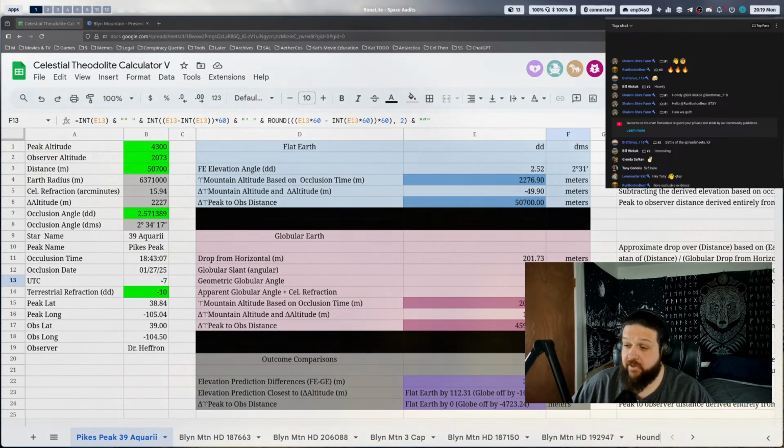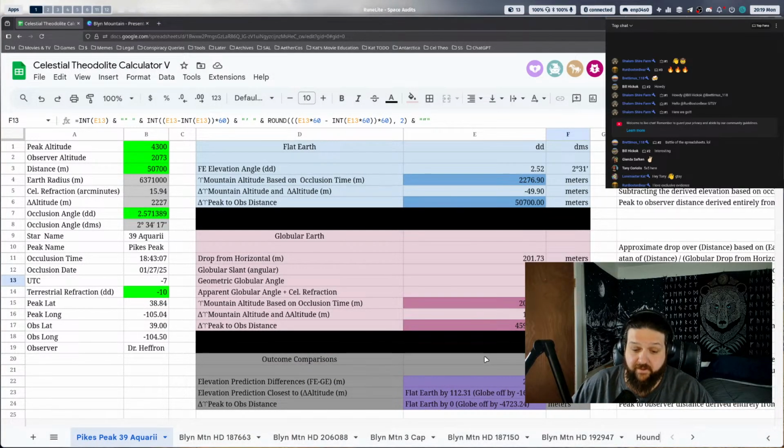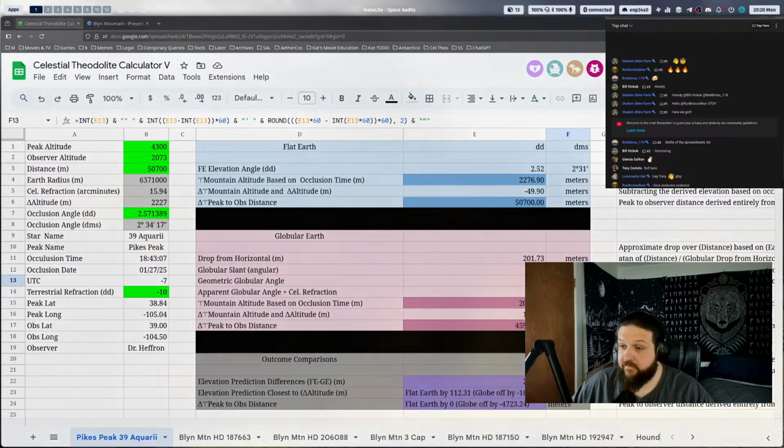No, let's predict where the observer is actually at using his crosshair, which is the mountain peak. Which one of us predicts the location most accurately, and which one of us predicts the physical elevation of the mountain based off of that distance more accurately? It's us. I do. No, it's not. You seem off a little bit. Yeah, that's because you're strawmanning it.